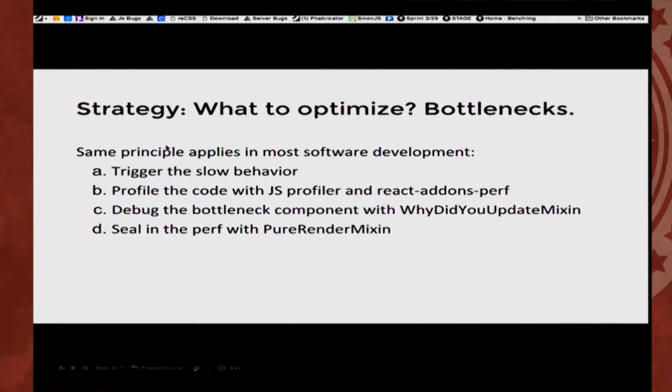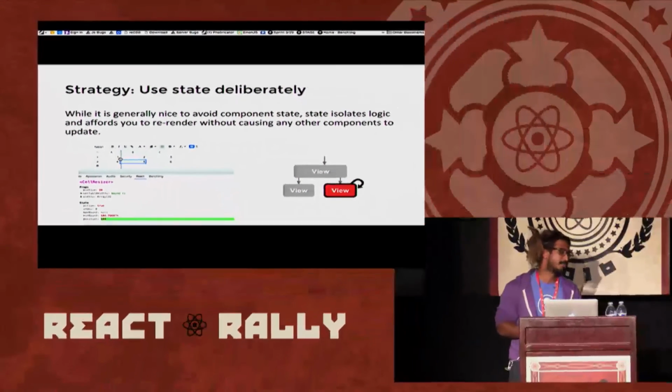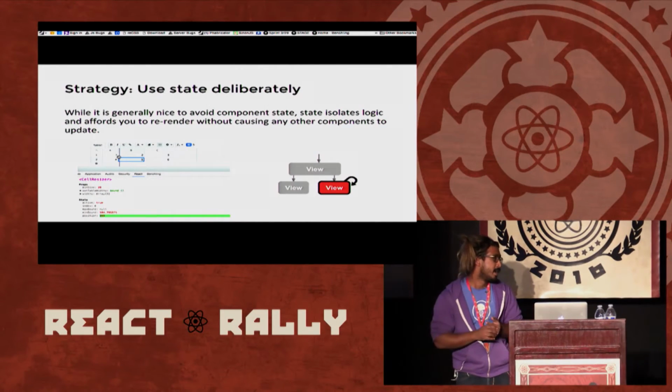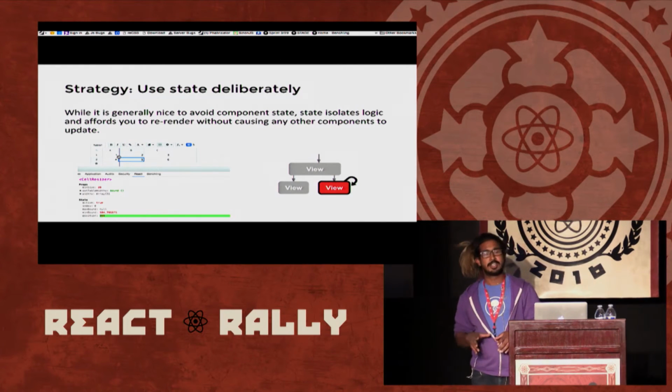How do I get back to? There we go. All right, but now that solves a general class of problems. But sometimes you throw in all these pure render mixins, and you're still going to run into some issues. It's often a solution that works, but sometimes you have to think about how you're passing data around to do it a little smartly. So for a few examples, I'm going to look at our table component, which can be